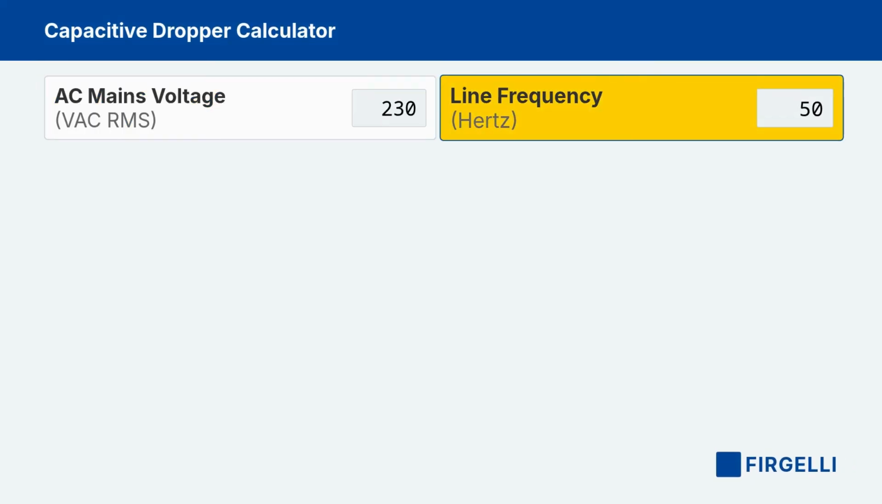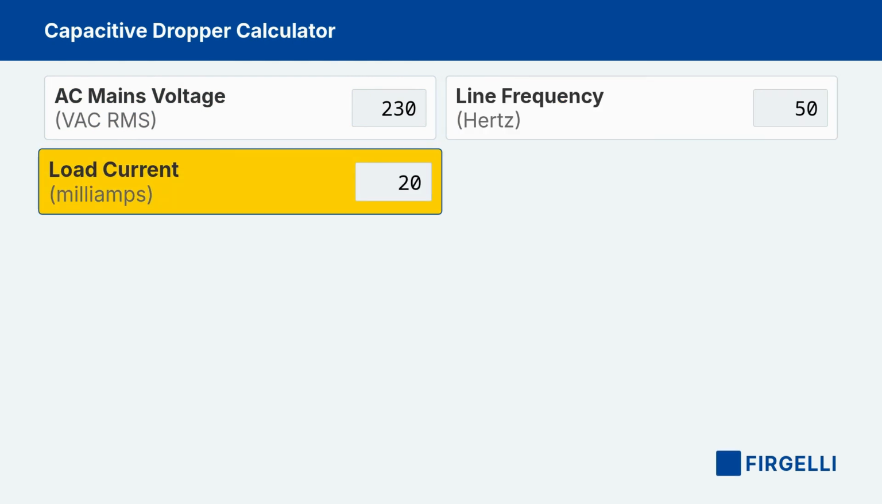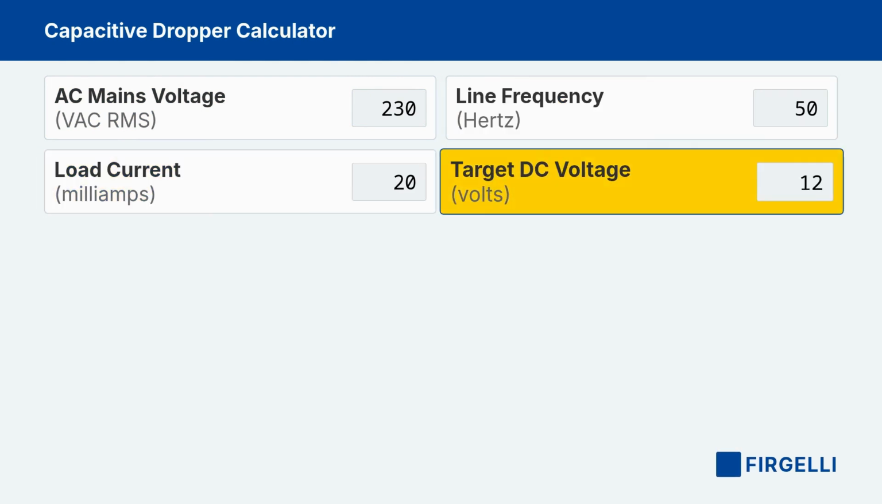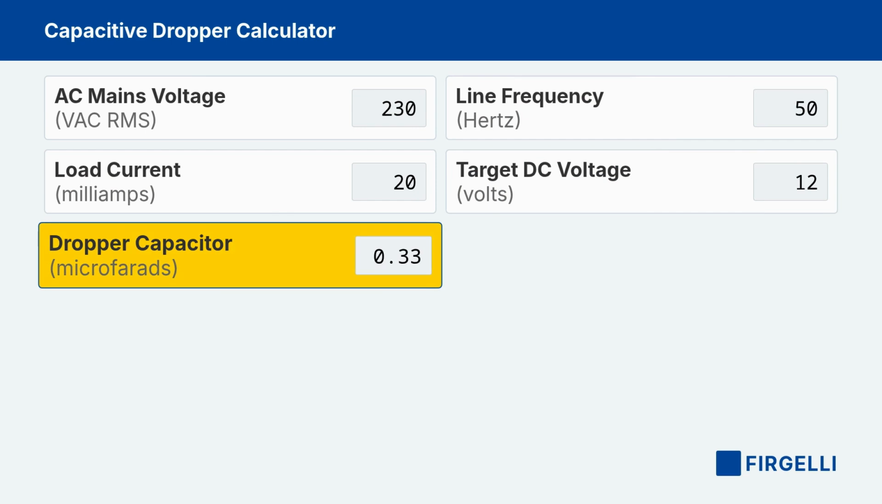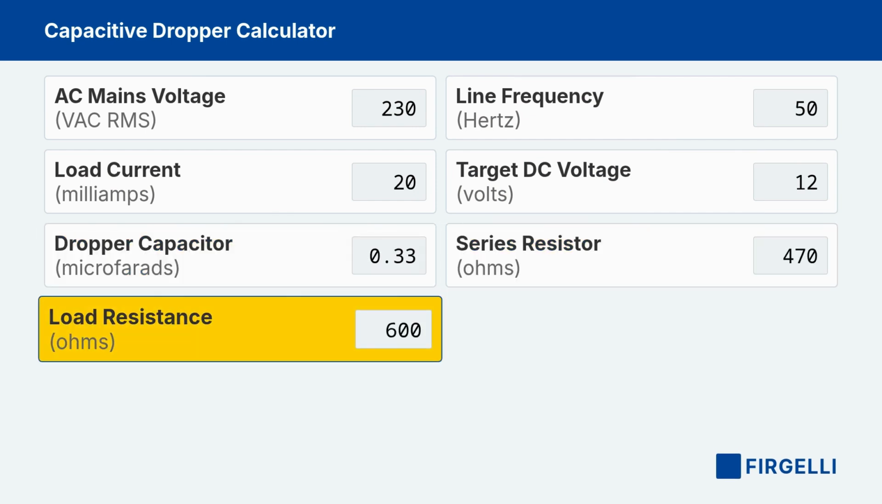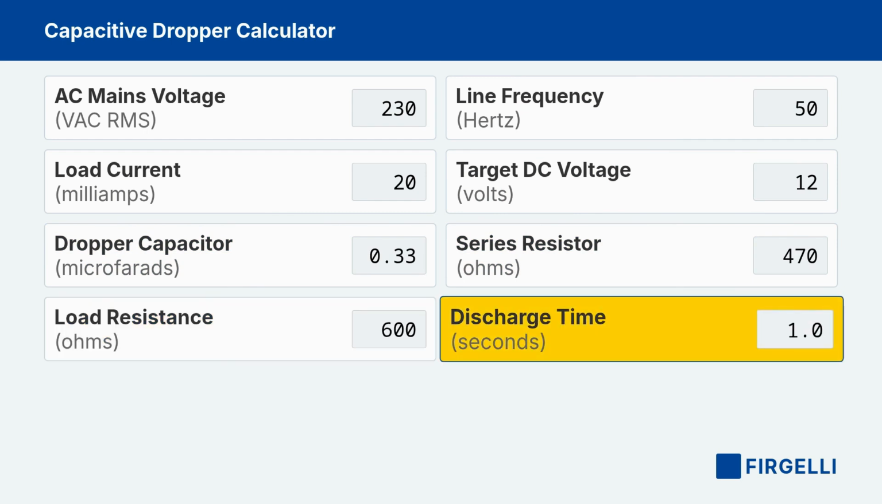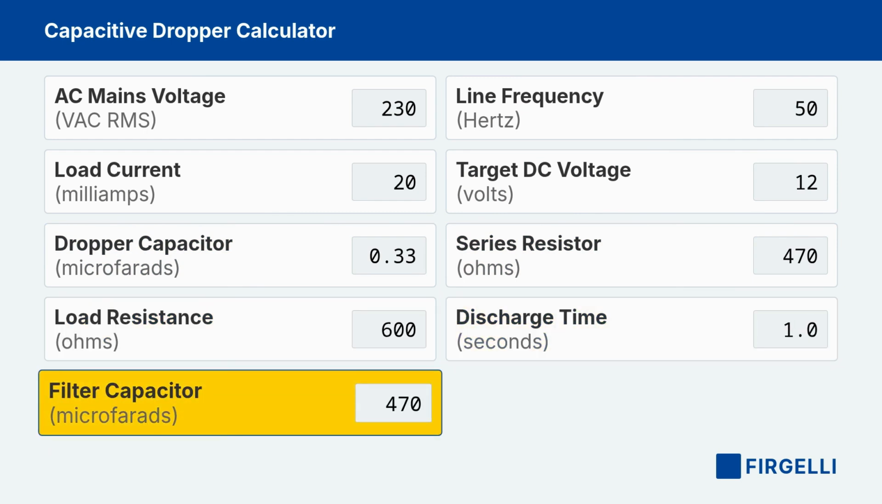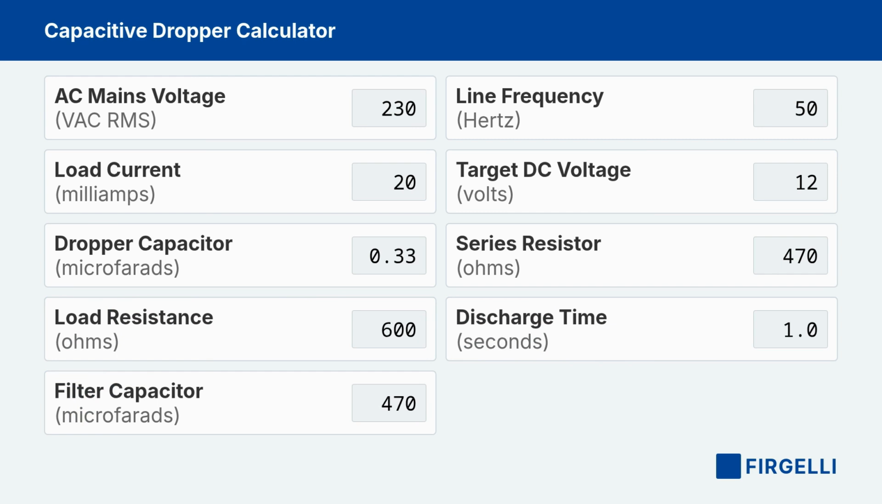Enter your AC mains voltage in VAC RMS, line frequency in Hertz, load current in milliamps, target DC voltage in volts, dropper capacitor in microfarads, series resistor in ohms, load resistance in ohms, discharge time in seconds, and filter capacitor